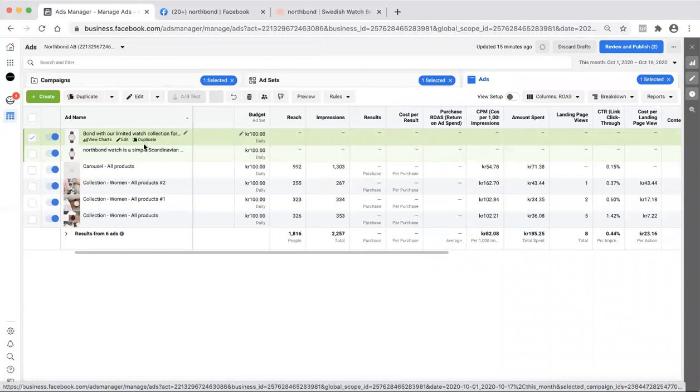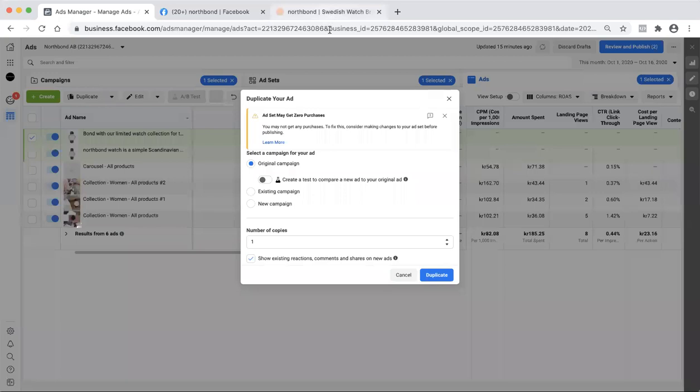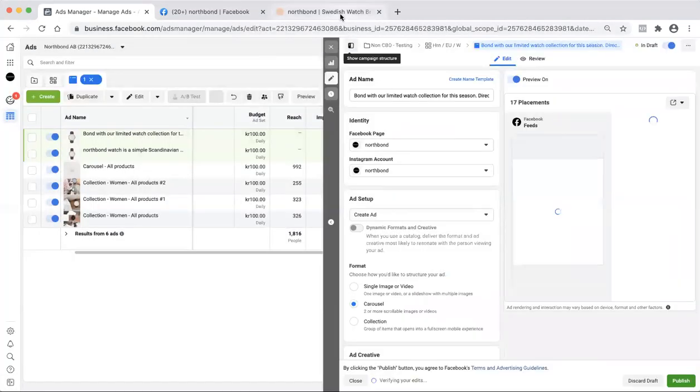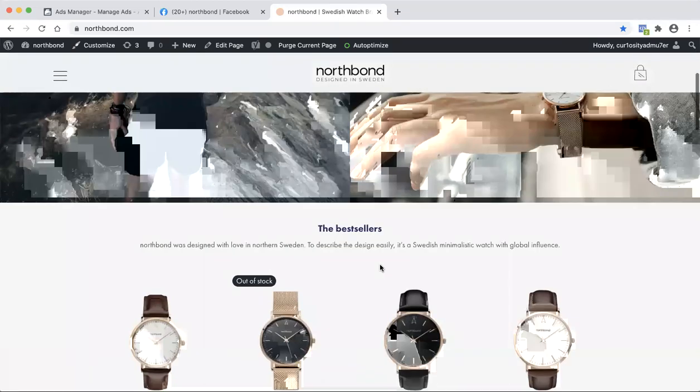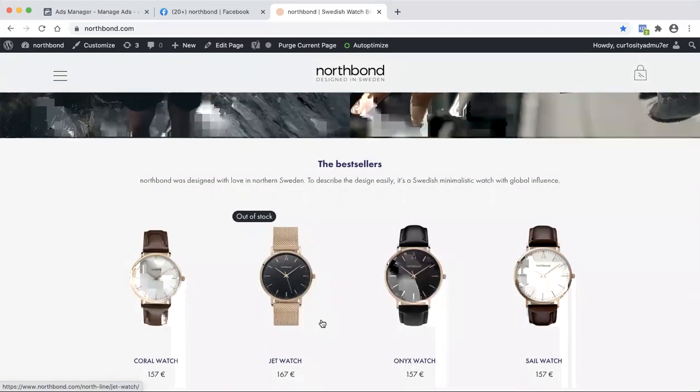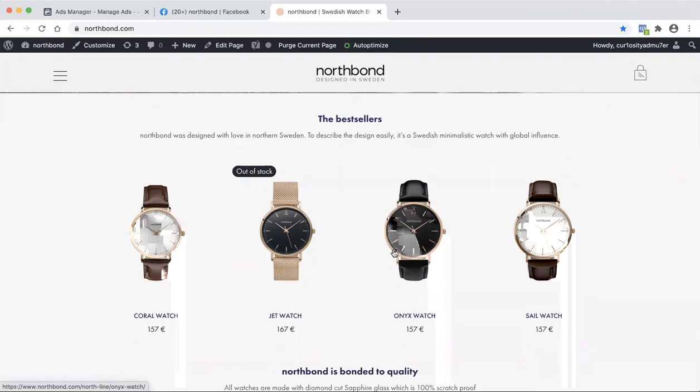Sweet. And then we can launch one more. In this case, we don't have to do another watch unless there's one other that's pretty even. Is there? Okay, no, it's not. But we can maybe send them to the collection page, or do you want to send direct to a watch? Direct to a watch. Okay, so we can use maybe the Onyx watch.